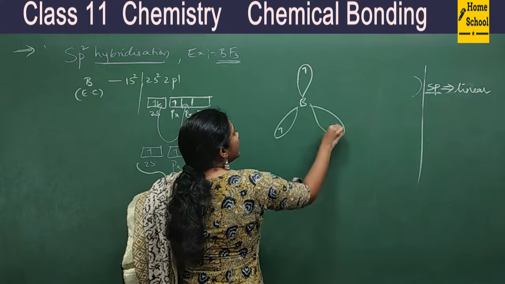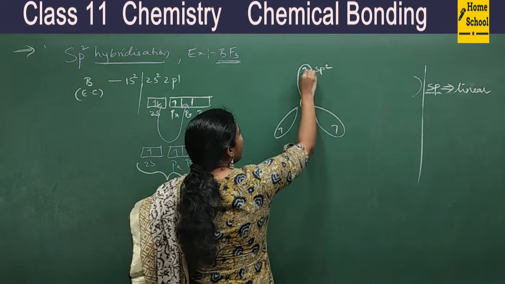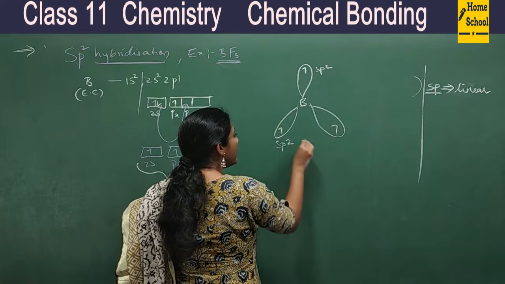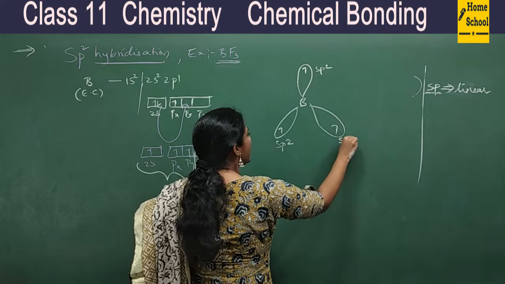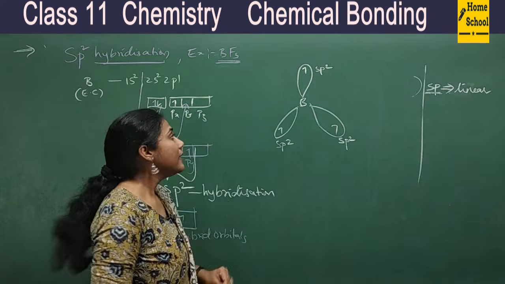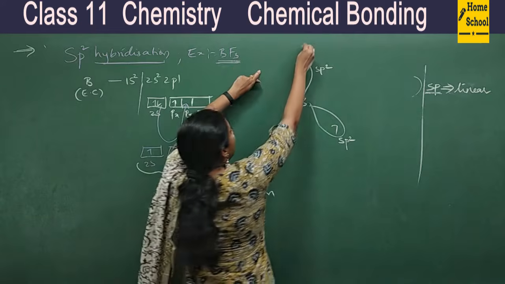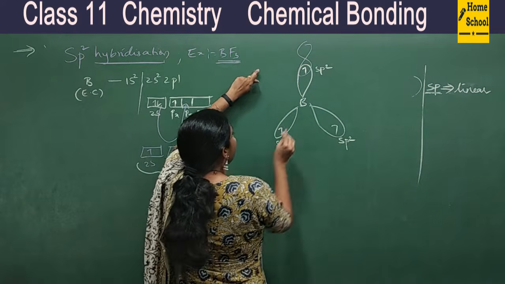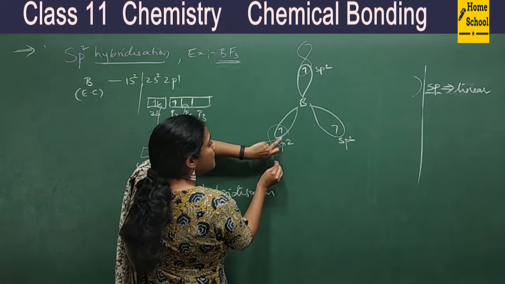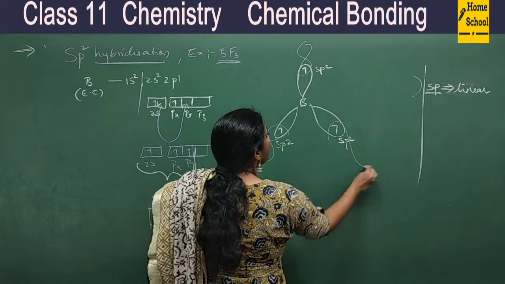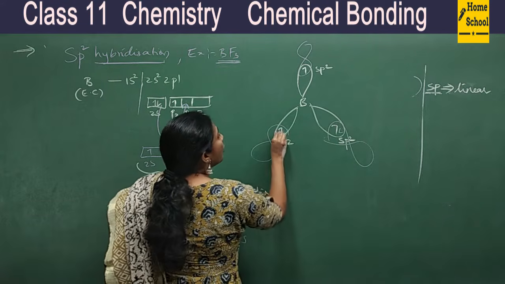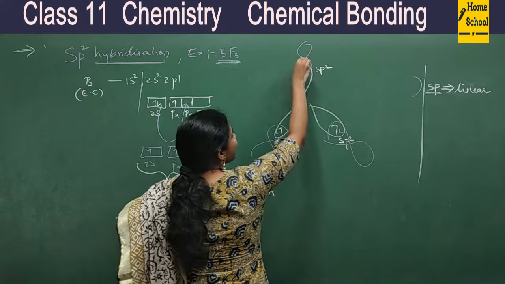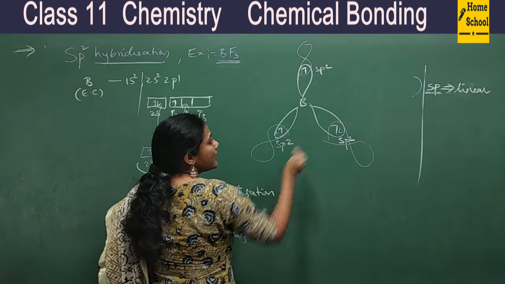So this is one sp2 hybrid orbital with a single electron. This is another sp2 hybrid orbital. This is the third sp2 hybrid orbital with a single electron. Now, one fluorine comes and overlaps here. The other fluorine's orbital comes and overlaps here. The third fluorine's orbital comes and overlaps here, carrying a single electron. So that's how sharing takes place.